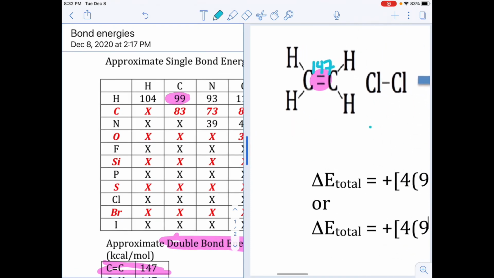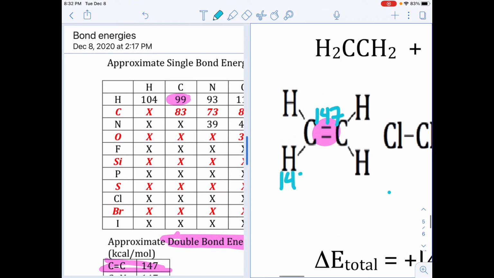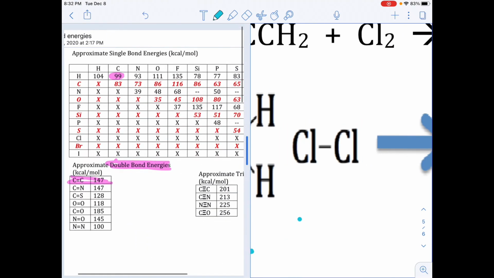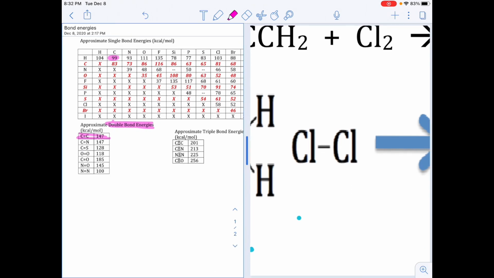Okay, so if I was to kind of list them out, I can say 147 plus 99 times 4. However you want to set up your math, that's fine. You do it any way you want. I'll get my calculator out in a little bit here. Right now, I'm just going to keep listing these out. I have to find a chlorine, which is going to be right, I find where they intersect right here. So 58, okay,